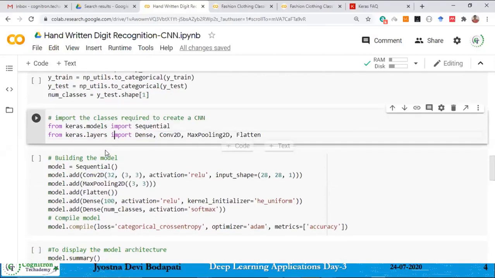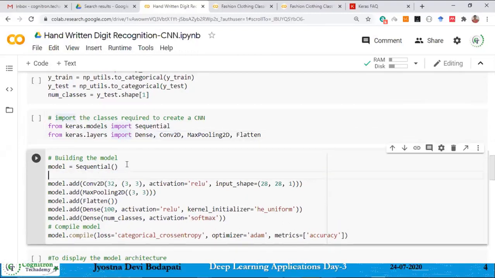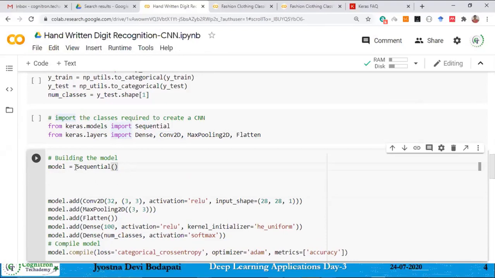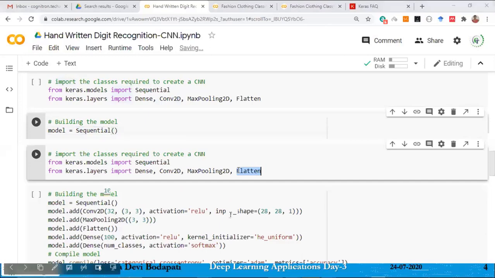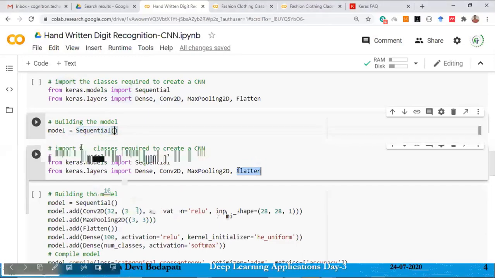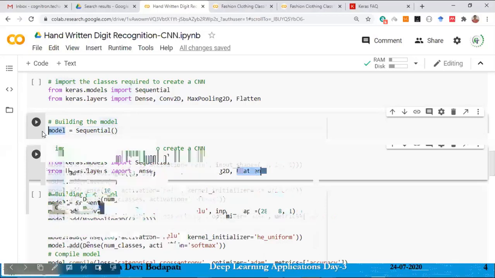Once you import all the layers, you can start building your model. To start building your model, you just create an object of the sequential class. It's all about creating the classes and using the objects, that's all. You need to understand that. I am creating a sequential class object, and I am not passing any parameters here. So the model object is created. You can give any name, like CNN underscore model, it's just a variable. It's a class object. Now the model object is ready, and you are going to create a sequential model.